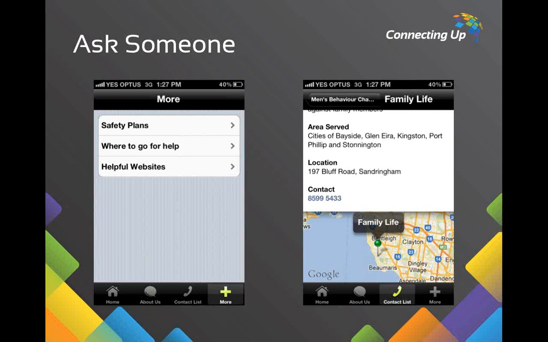In the particular case of this app though, the functionality that is built into this app, I would say this is an example of an app that didn't actually need to be an app. It could have been developed as a mobile website. All of that functionality could have been incorporated into the mobile website, which would have meant that the data for the contact list could have been dynamically generated. So as new services popped up or services had updated details, they could have automatically fed that into the mobile website.